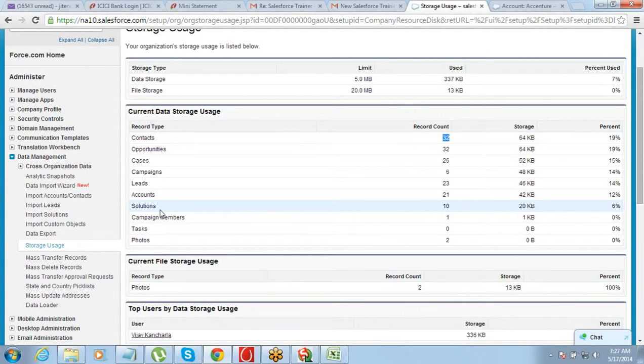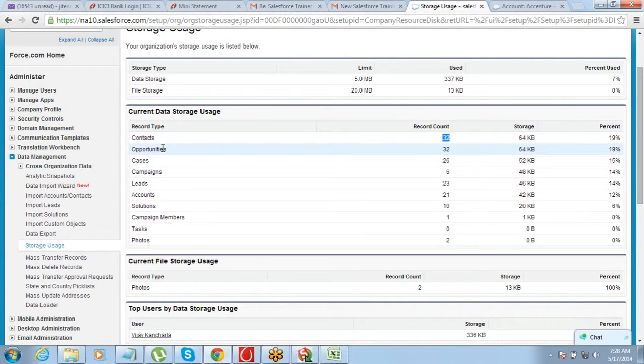Based on that, if you want to make certain changes or if you want to archive some data, let's say you are nearing your limit, you are about to reach the limit, and you realize that one of the tables, let's say opportunities, is occupying 80% of the space, and most of those are opportunities of last year or the previous year.